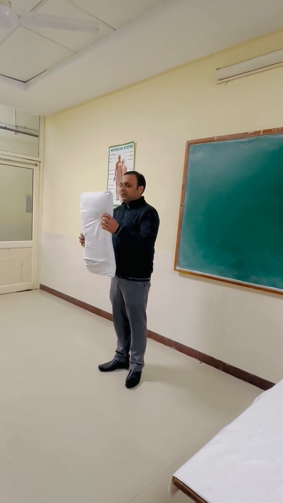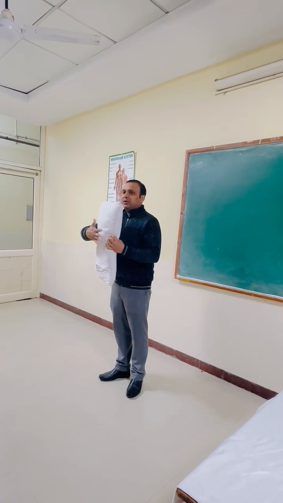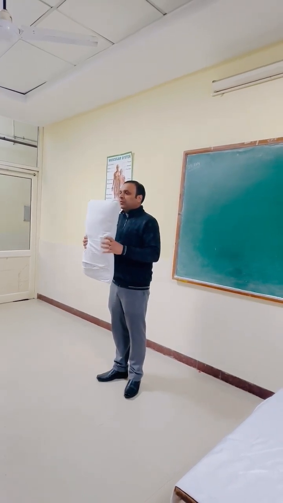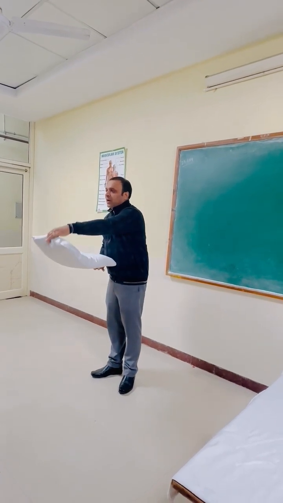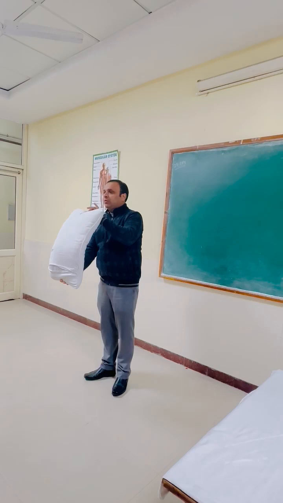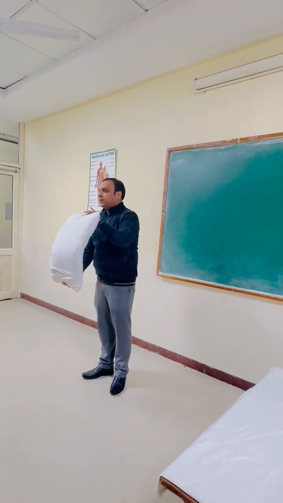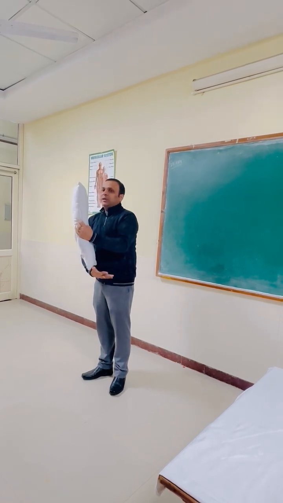Then next is the transverse axis. The transverse axis, like this, passes through S2. The movement which happens on the transverse axis is the anterior movement and posterior movement. So, sacral nutation, sacral nutation, right? Then we have the oblique axis, two oblique axes.